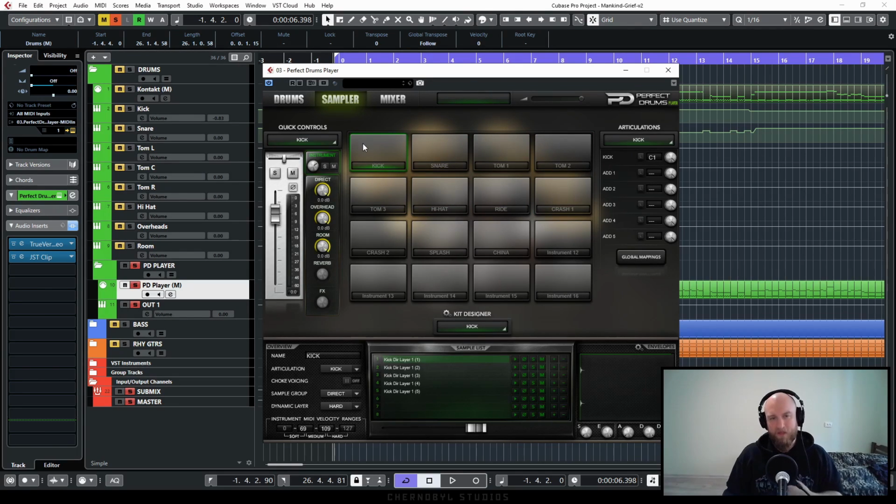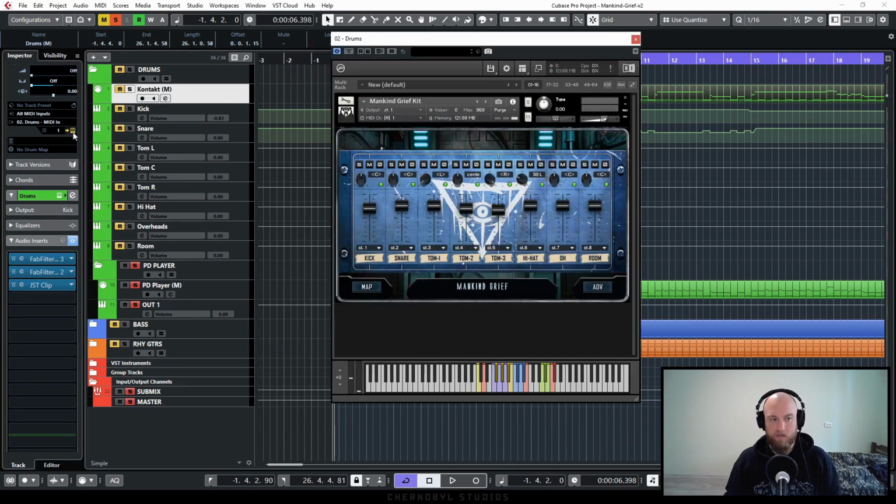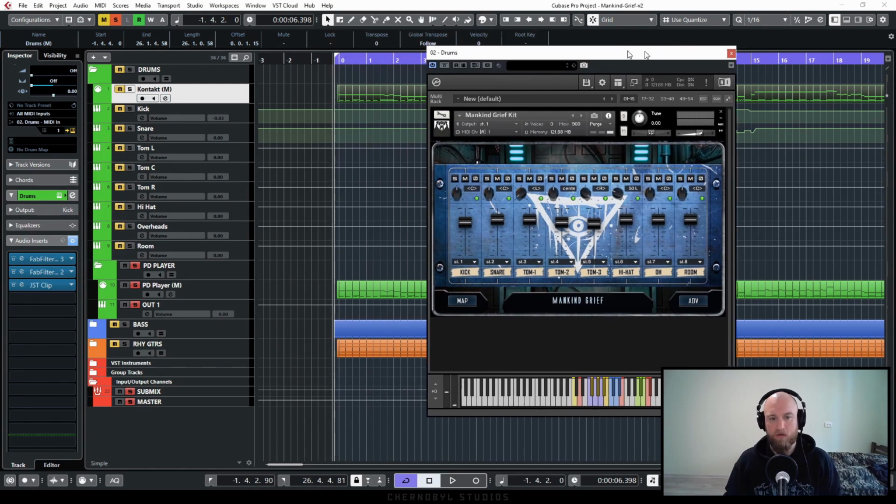Now the one thing that you need to keep in mind is that when you load everything in the Perfect Drum sampler, you are going to miss out a little bit on the extra processing that's done in the Kontakt instrument. So specifically the rooming overheads. So the rooming overheads are missing in the way that they are in Kontakt. So if we were to,